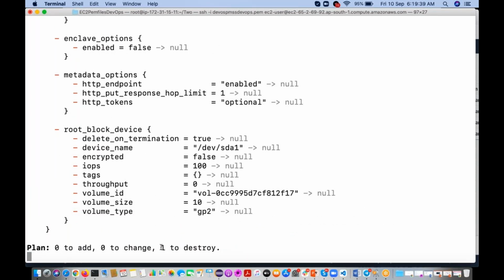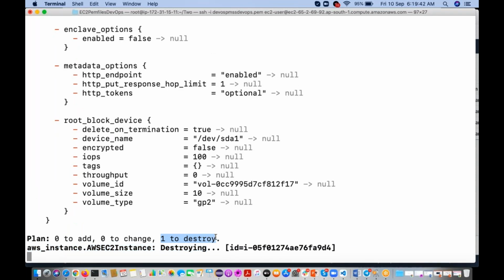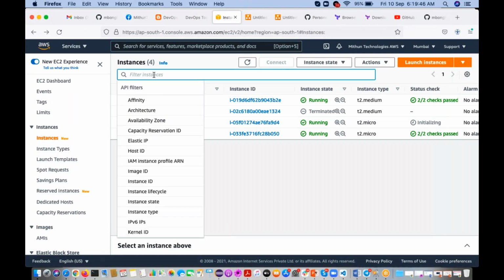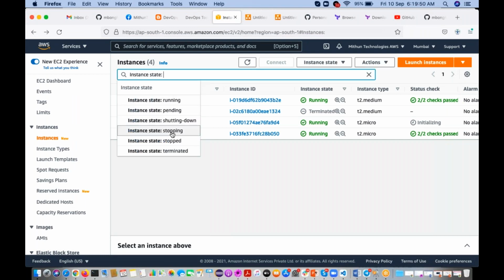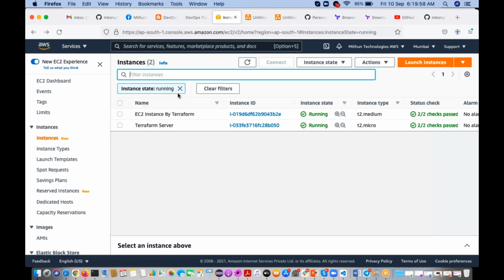Destroy means it's deleting. If you don't want to display the other states and want to see only running instances, select this filter. It is going to display only the running instances.